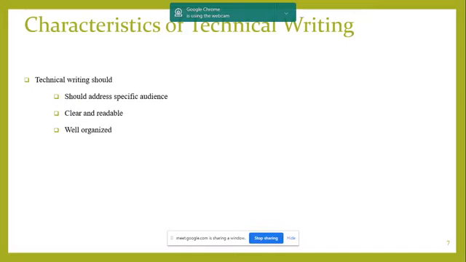Another point is that it should be well organized. What is well organized? You cannot juggle around the topics. You cannot confuse the reader by giving some points from one place to another. They may get bored, or they may miss the points you want to convey to them. So the points should be in a well organized manner,